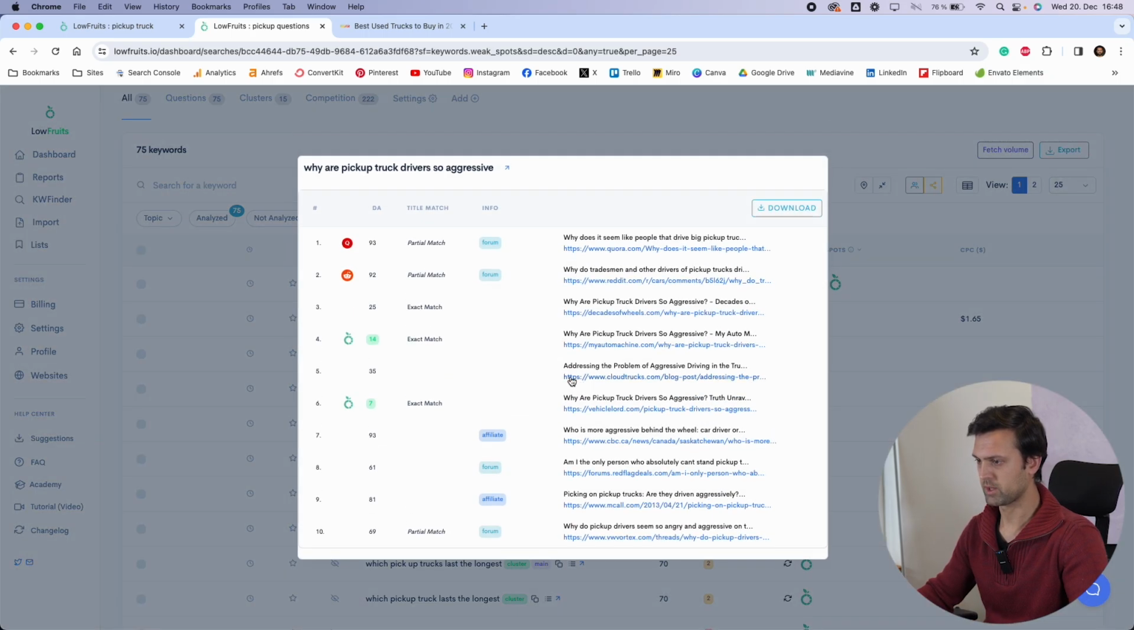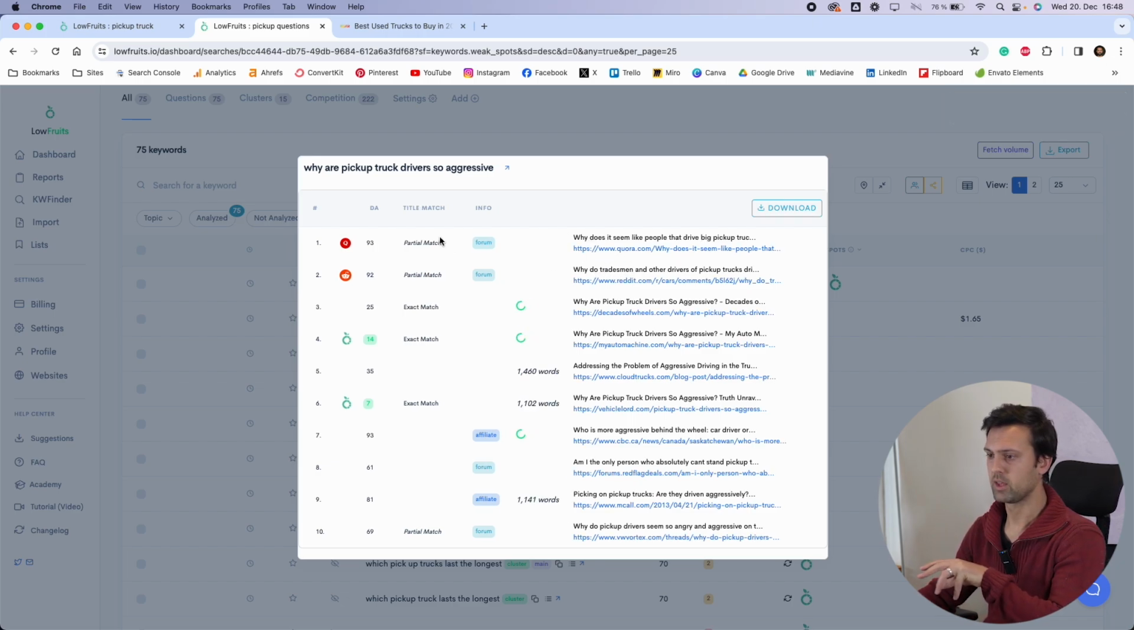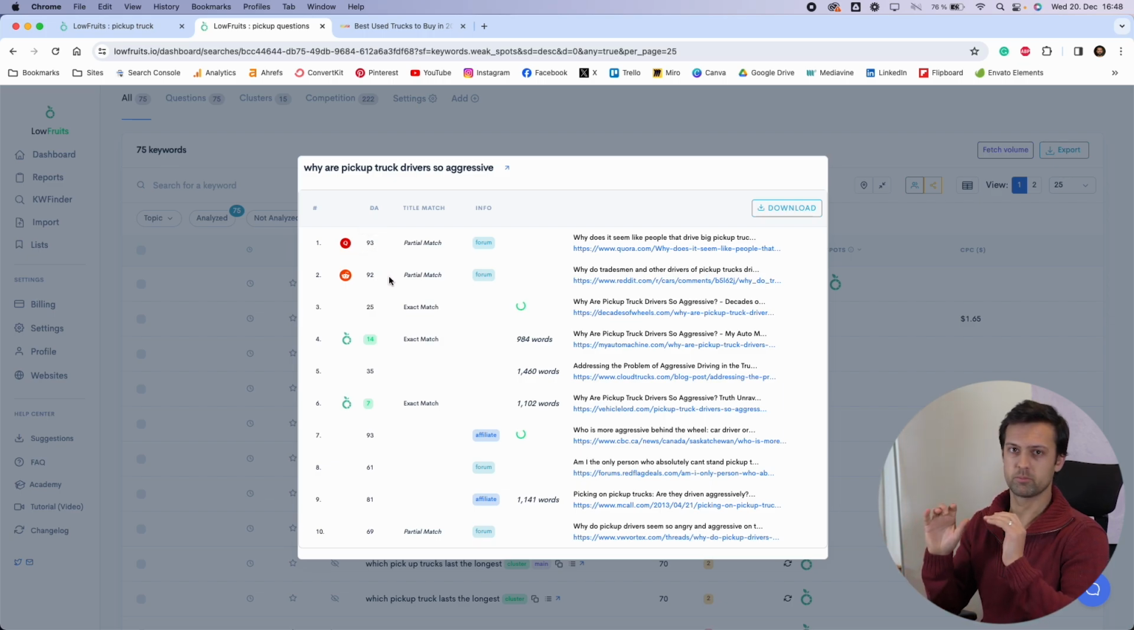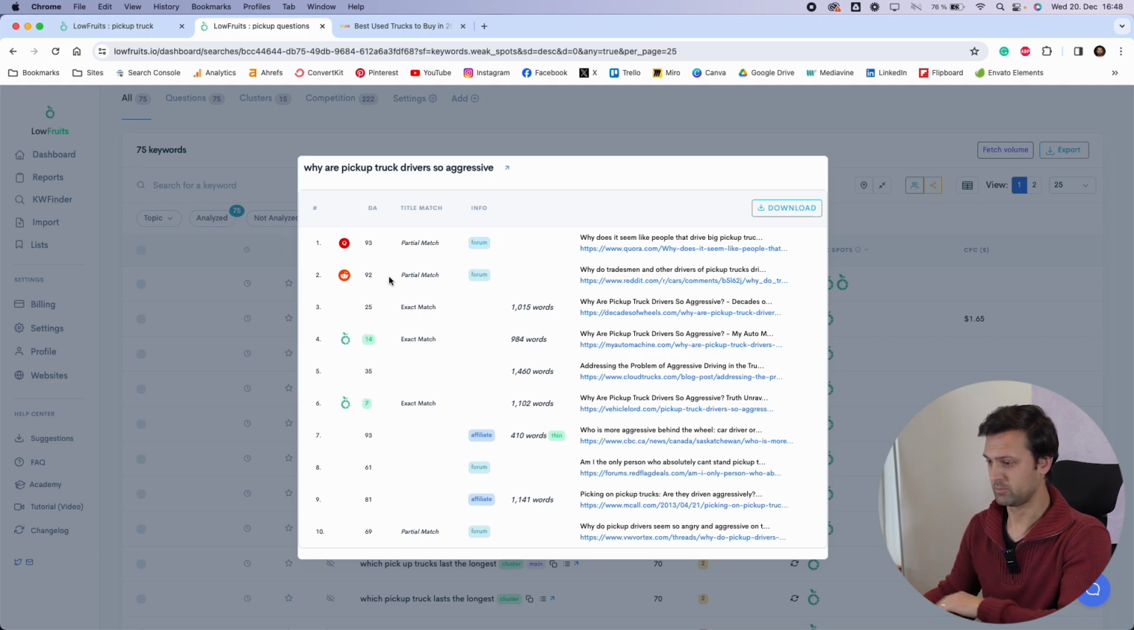If we look at that again, we can see we've got 92, 93, but those are forums. Both of these forums are in positions 1 and 2, for "why are pickup truck drivers so aggressive," which does seem to be an opinionated term. This indicates to me that even if we make a banger of an article, it's most likely not going to be in position 1 and 2, just because of the way Google is currently ranking